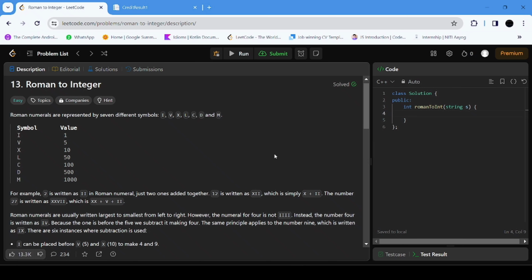So our today's question is LeetCode 13, Roman to Integer. Let's read out our question so you will be getting it more clear. Here it is written that a Roman number is represented by 7 different symbols, which are I, V, X, L, C, D, M, and their values are given as: I represents a value 1, V represents a value 5, X represents a value 10, L represents a value 50, C represents a value 100, D represents a value 500, M represents a value 1000. Here there is an example which is given that, for example, 2 is written as II